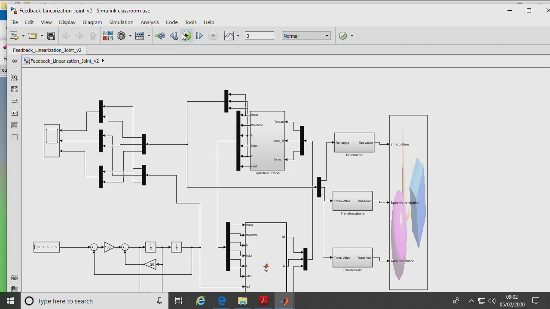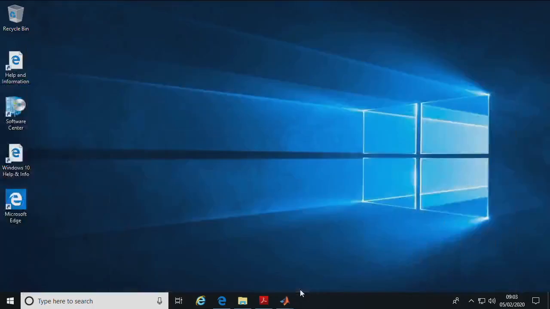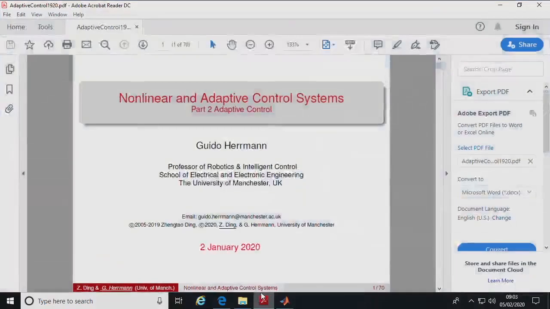Good morning. Early morning. Yes, thank you for coming. We don't want to look at this one here at the moment. We will look at this later. I prepared this only because I want to be sure that it works. MATLAB simulation. Apart from that, again 3 hours. Brought my own material.